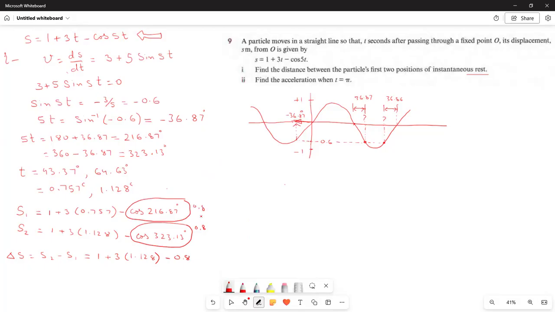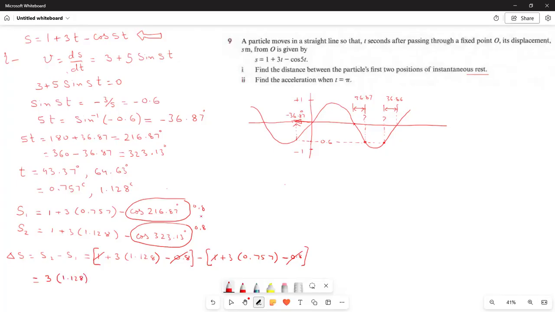So this is S2 minus S1. S1 is 1 plus 3 times 0.757 and again minus 0.8. So when I open this bracket, you can see that this 1 will cancel with this 1, and minus 0.8 will cancel with minus 0.8. And this delta S will become 3 times this minus this. I get 3 times